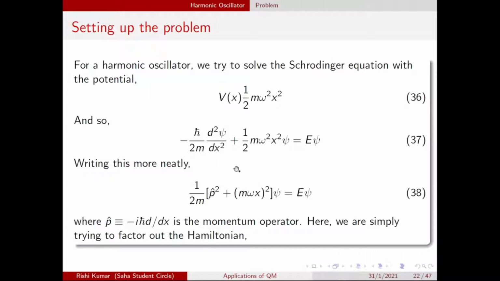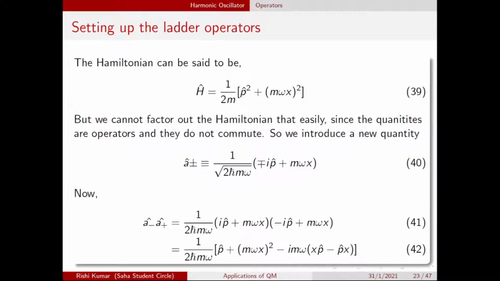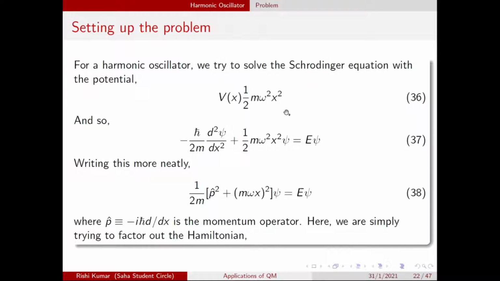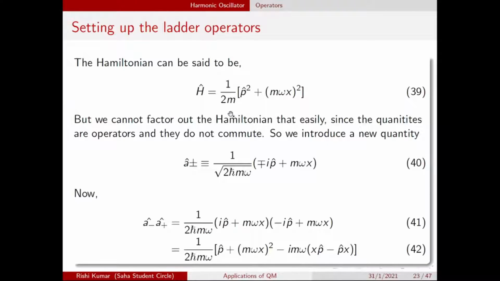Now what we are trying to do here is factor out the Hamiltonian. The Hamiltonian is simply 1 by 2m times p hat squared plus m omega x whole squared. Simple algebra says you can just take this entire term out and call it a day. But there's a small catch here. We can't just do that because